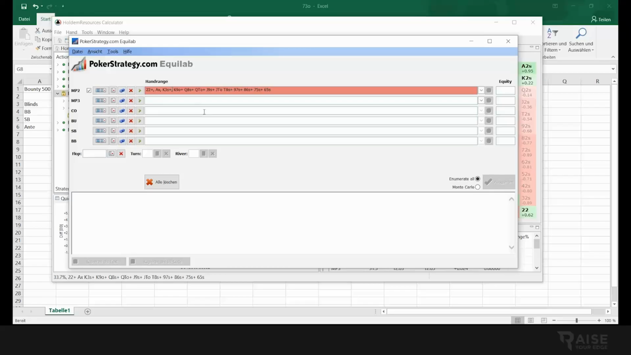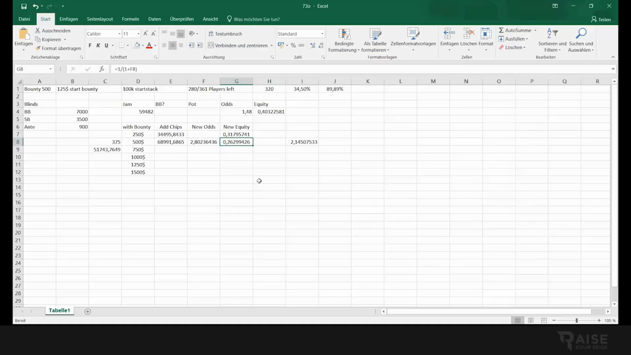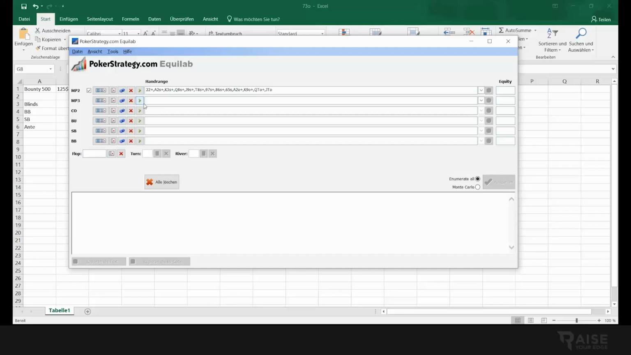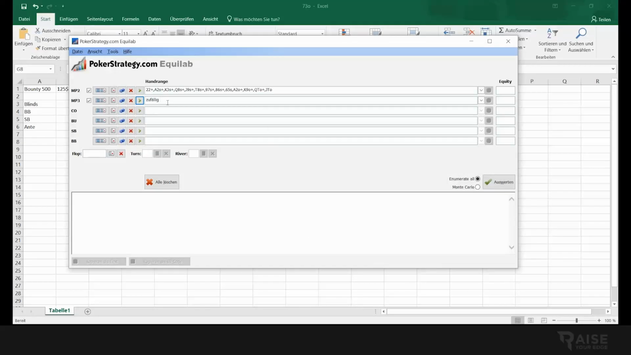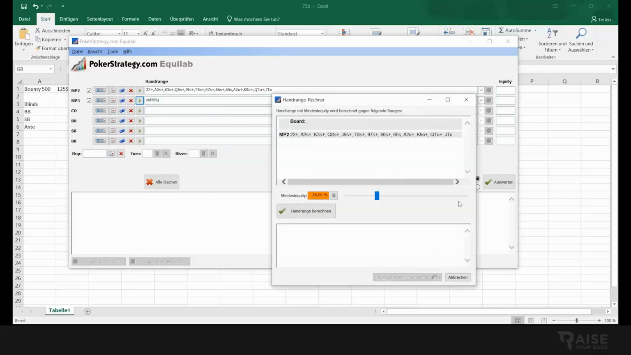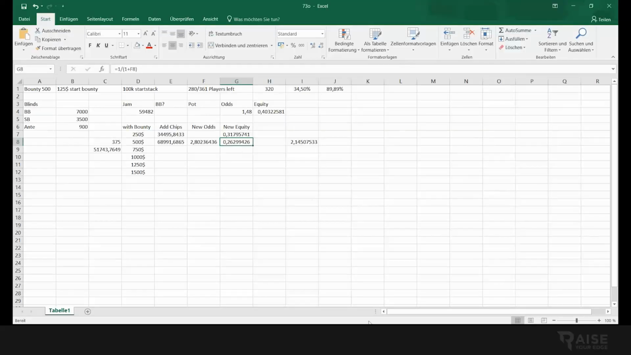I have to add some commas. I'm just putting it in here. If the new equity is 26%, then we are searching for the range which has at least 26% versus the jamming range. So we open this window and say, now we want to know 26%, which are the combinations, and we can already see that we can call any two. It's "Zufällig" in German, it's "random" in English. This is any two. So if we change the equity to what we had, 31%,